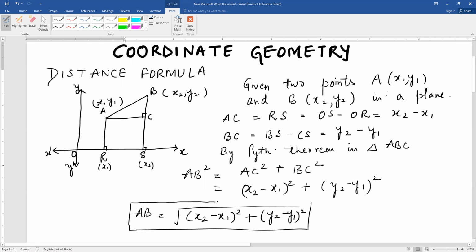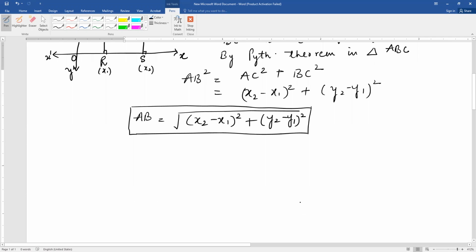इसी पे बेस्ड हम कुछ क्वेश्चंस ले लेते हैं. ध्यान रहिए क्योंकि ये डिस्टेंस है, सो वी हैव टू टेक ओनली द पॉजिटिव वैल्यू. रूट के बाहर जब हम निकालेंगे we have to take only positive value because it is distance. Negative value is neglected. Let us take one of the questions of your exercise. For example, you are supposed to find distance between 2 points, say 2, 3 and 4, 1. Let us name it as A and B.